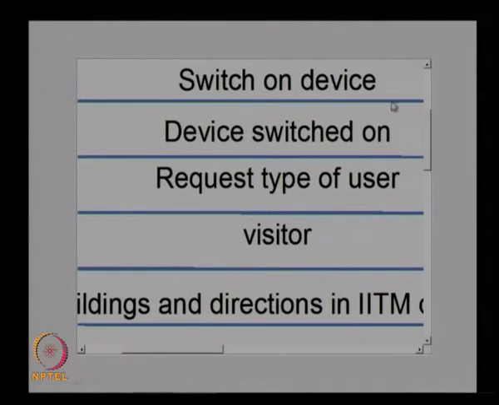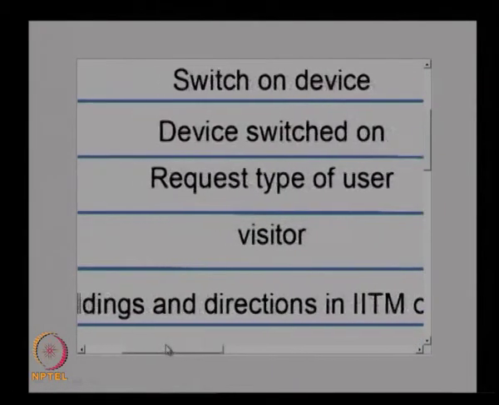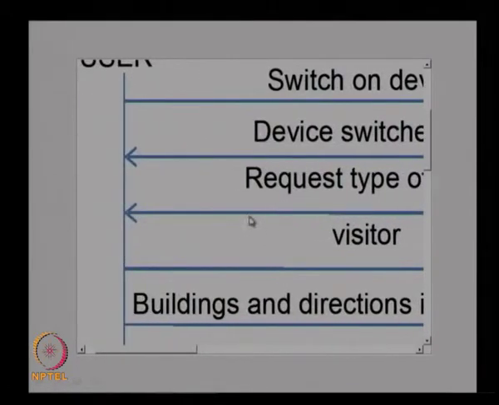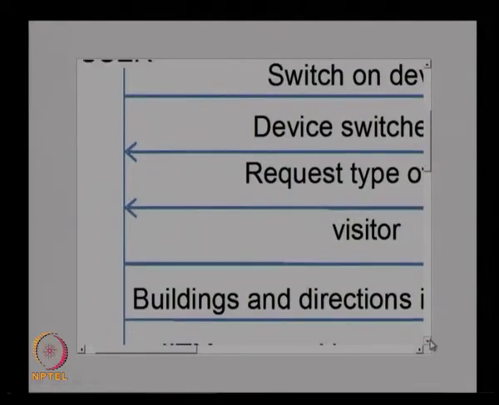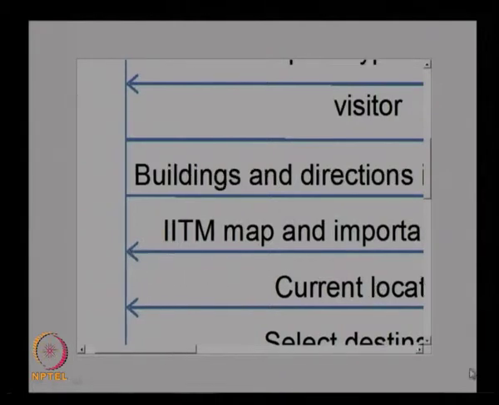This is an output, the information that the device is switched on. Then the system will ask for the type of user, and the visitor will give that information as an input to the system, that it is a visitor. Then the system will give an output giving various options to the user, and the user will select the options. Then the data will be provided by the system, the map and other information like the current location will be given, and then the user can choose the